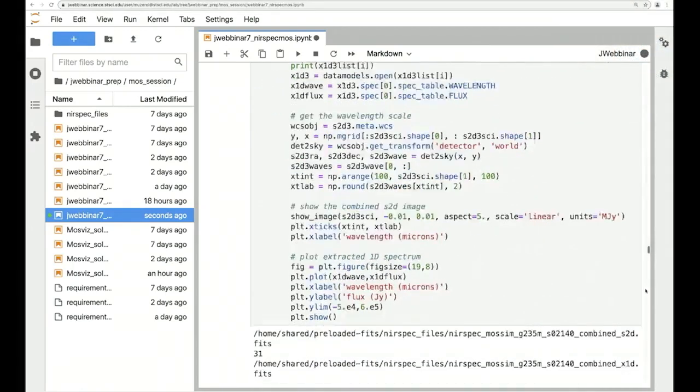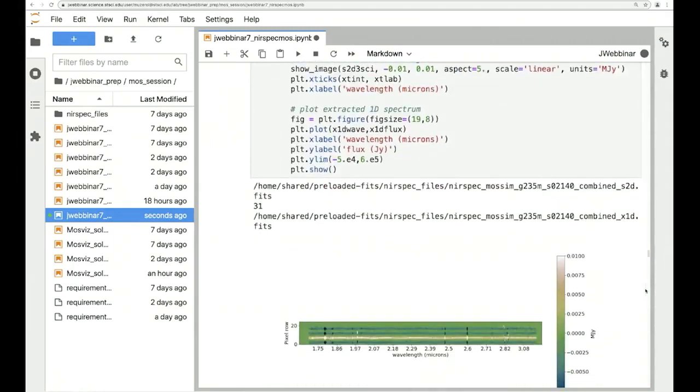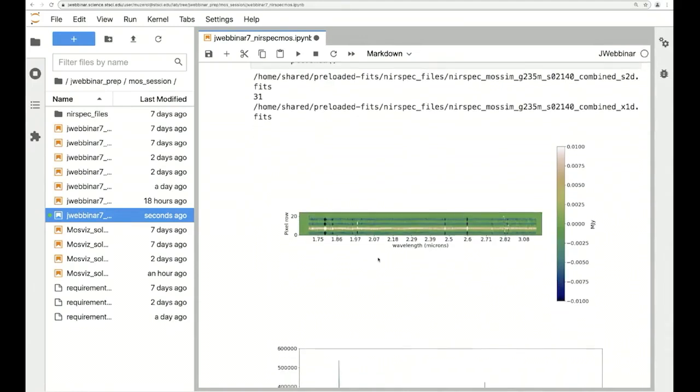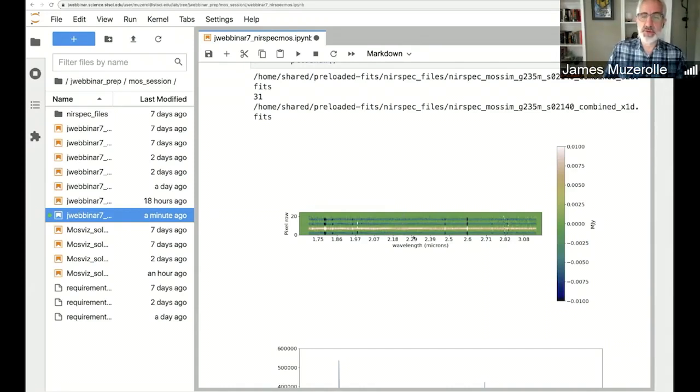And so here I am showing the final combined rectified 2D spectrum for this particular source. Here you should see the positive and negative traces, since everything has basically been shifted to overlap. You would normally see, in this case, two negative traces on the top and bottom. There's actually a known issue with how the data are projected to the output grid that's causing a shift here, so it's cutting off the lower negative trace. But that really doesn't matter because the full positive trace, which is really what we want from this, is fully